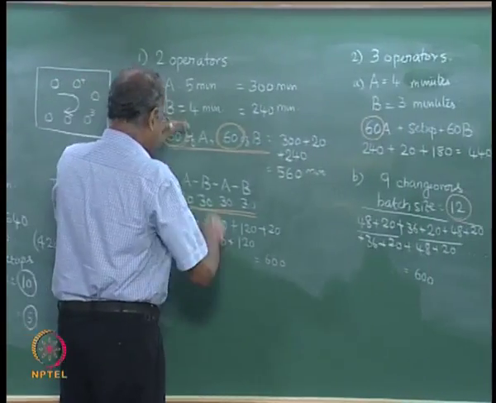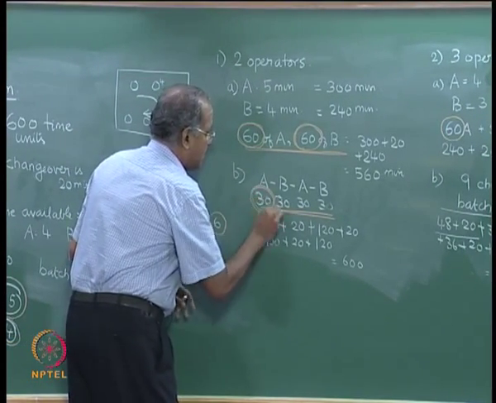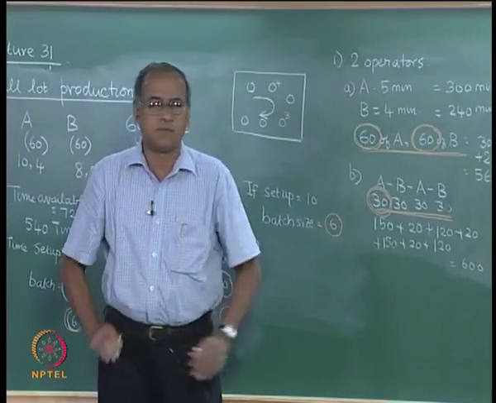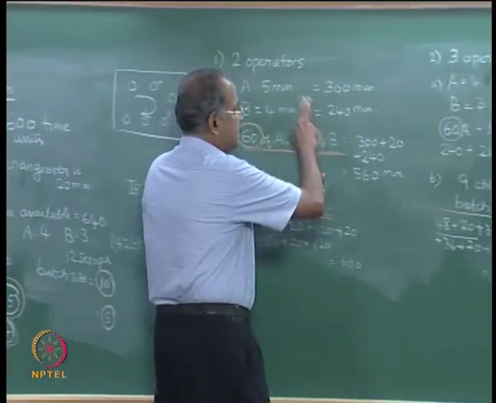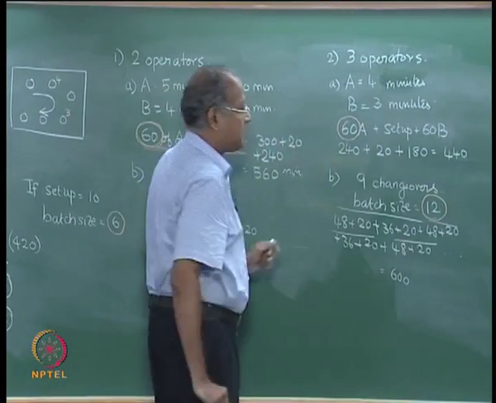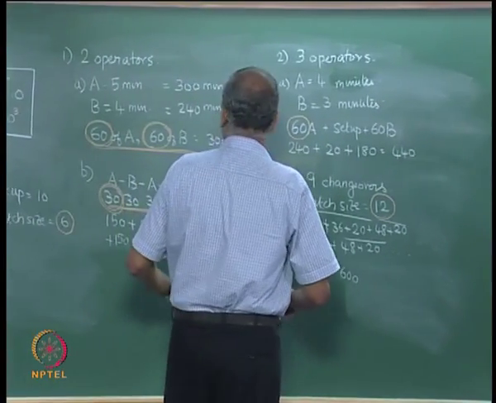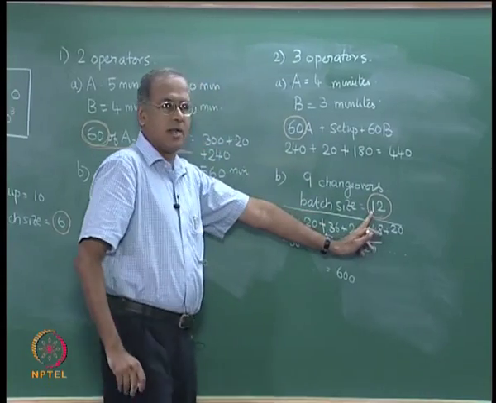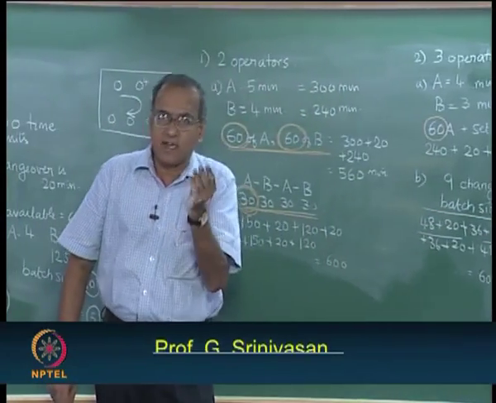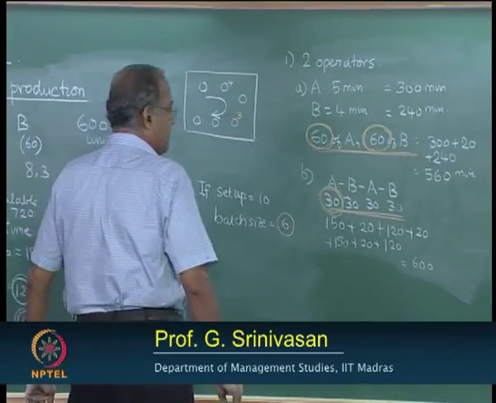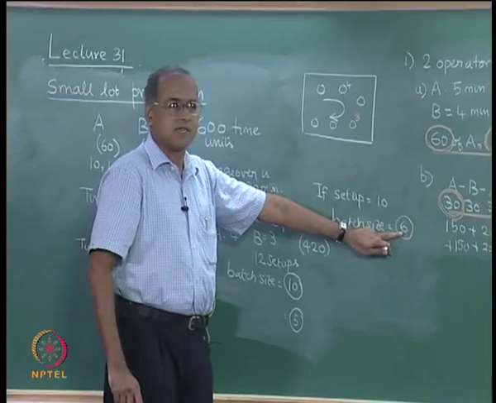Now, the only thing we can do is bring down from 60 to 30 when we allow multiple setups in the remaining time available. So, the best scenario is 30. Increasing the number of operators from 2 to 3 creates extra time available for changeovers, and automatically the batch size from 30 becomes 12, dramatically reduces to 12. And further reduction in changeover times can bring the batch size down to 6. So, from 30 we have moved to 6.